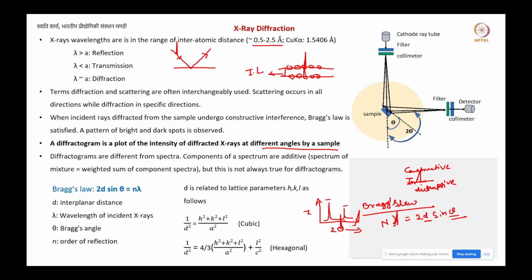So diffractograms are different from spectra. Components of a spectrum are additive. Okay, so here you can see the formula of Bragg's law. This Bragg's law is very important when you try to solve numerical questions. This formula is quite often asked: 2d sin theta equals n lambda, as I have already explained. d is the interplanar distance, lambda is the wavelength of the incident X-ray, theta is Bragg's angle, and n is the order of